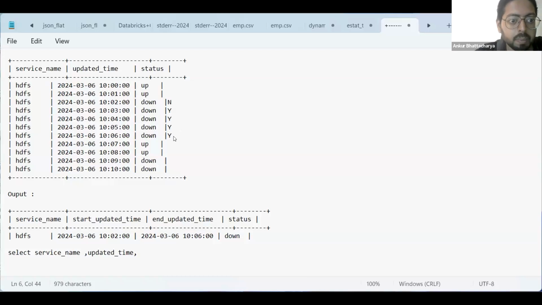It's y only. But 10.2 to 10.1 is no. Okay. So basically, you have to check all the y flags and the max y to the min y. If the time difference between them is more than 3, then it is there, right? That's it. Okay. So in that case,